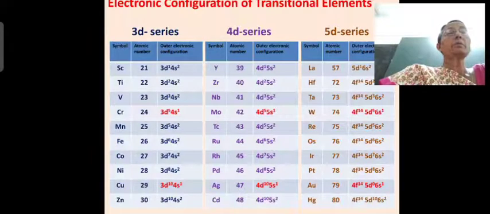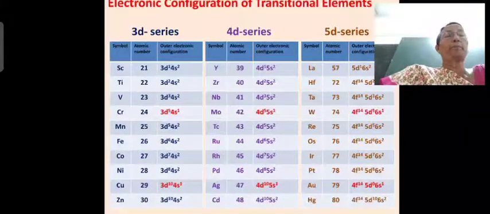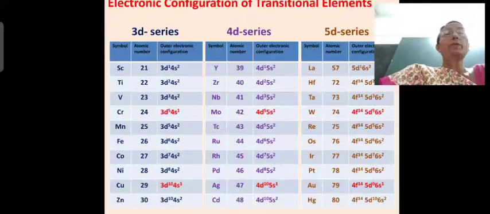The d orbitals are completely half-filled, right? There are 5 d orbitals, so each of the orbitals contains 1 electron. So 5 d orbitals with 1 electron each means a total of 5, right? Therefore it will have 4d5, which is the completely half-filled structure, the most stable one. Therefore it will have 4d5 and then 5s1, right?